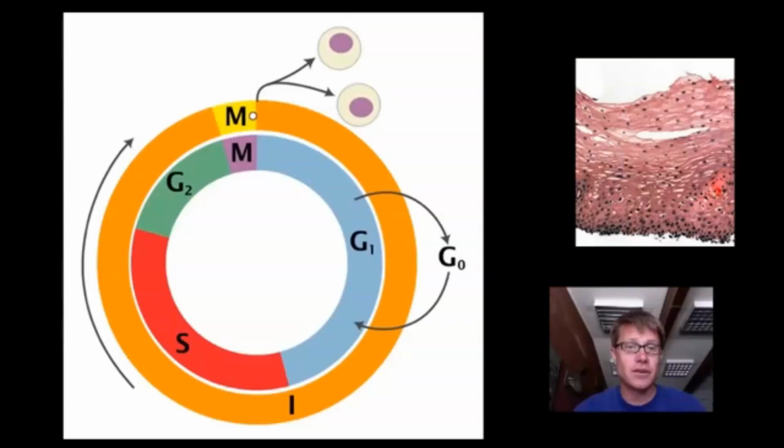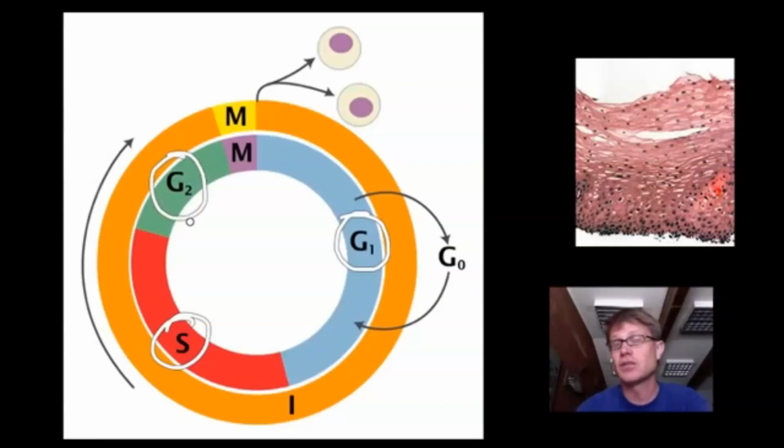If we start first with that cell entering in, the first thing that it'll do is enter into the G1 phase. In the G1 phase, the cell is going to grow. It's going to get bigger and bigger. We then enter into the S phase. During the S phase, using DNA replication, we're going to copy all of the DNA inside a cell. It then goes into the G2, or the growth 2 phase, where it continues to grow and gets ready for division of the actual cell.